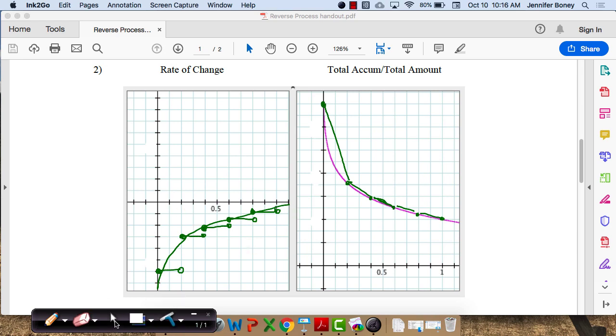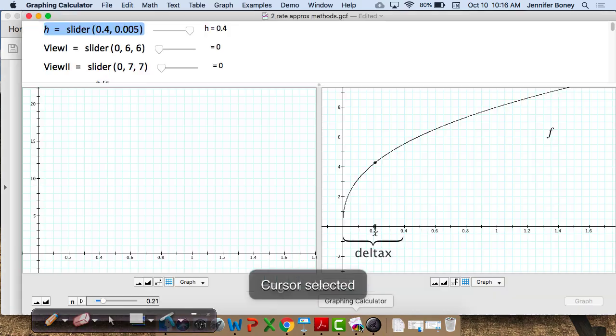Let me show you an animation. Let's see, this one I want. A GC thing that I've got for you. So this is a picture that you have on the other side. This graph is on the other side of your sheet of paper that we're just looking at. And right now it says h up here, but delta x is 0.4. So